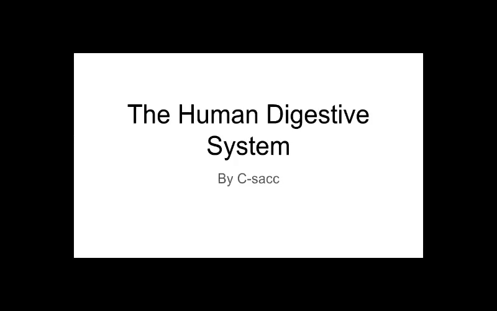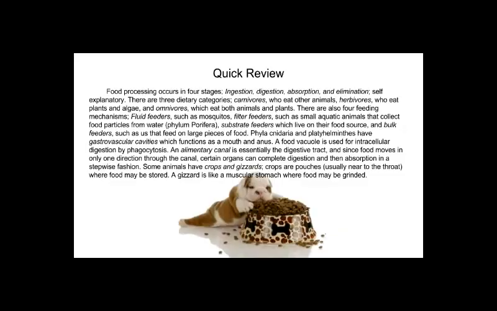Human Digestive System by CSEC. So this is a quick review. Food processing occurs in four stages: ingestion, digestion, absorption, elimination. This is just a quick review of everything that you should know before going into this or some other stuff